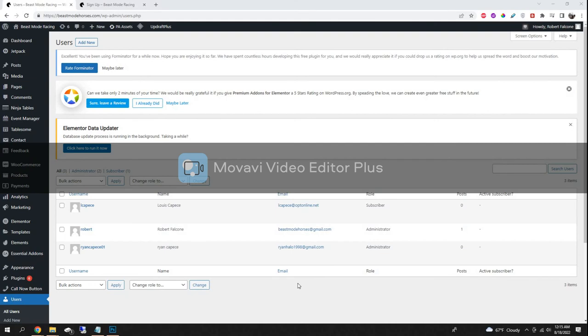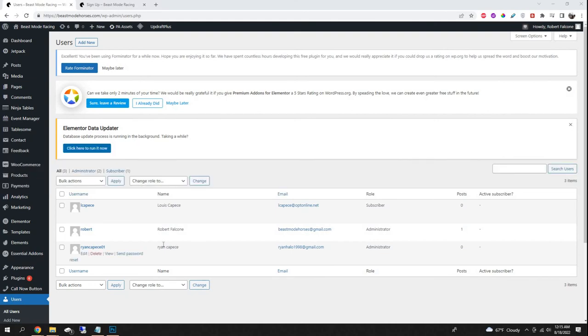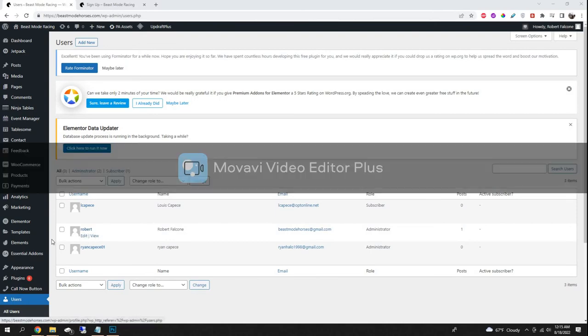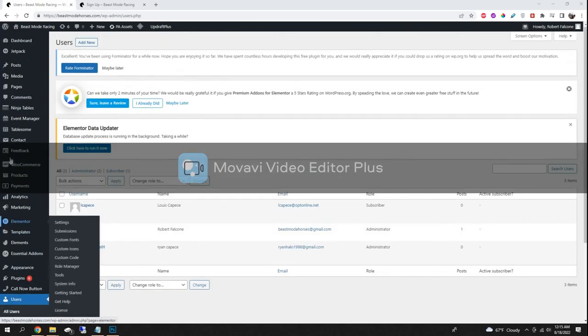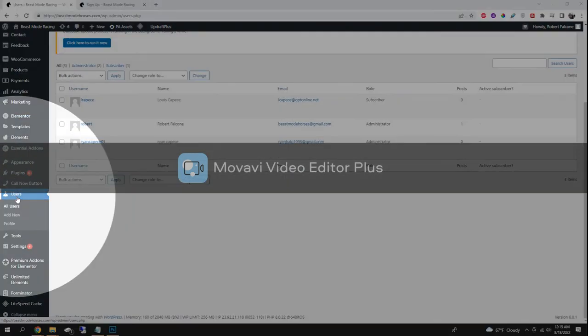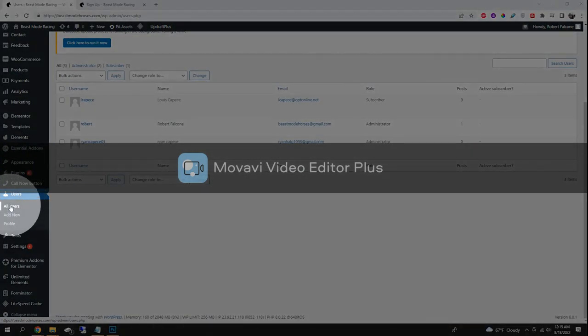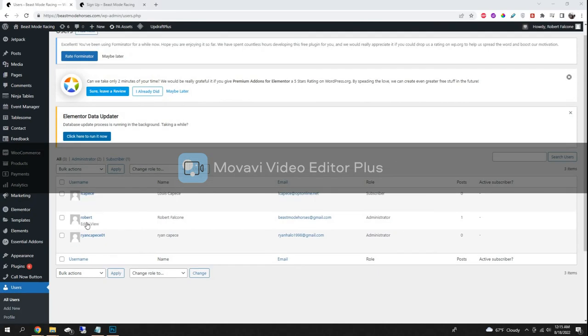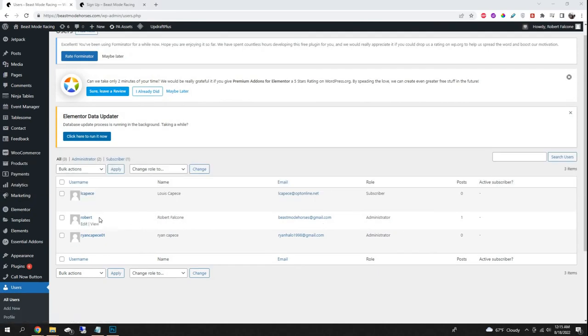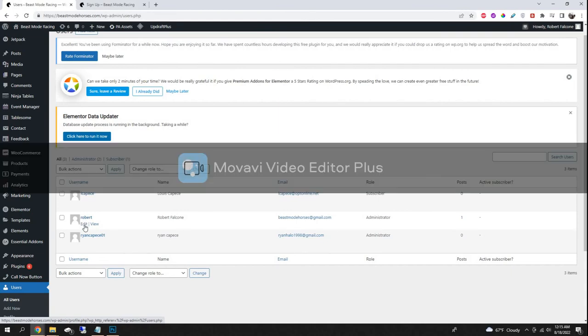So for you to log into the WordPress website, you'll use your info, which is the login Robert, and then the password that is provided. If you want to change the login for your own account, you're going to go into the side tab, down to users, all users, and you'll see all the users. In case the list gets bigger, again, just find your name. You're an administrator. Find your Robert, edit,